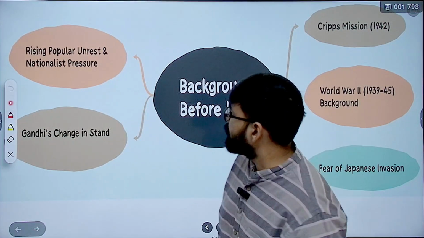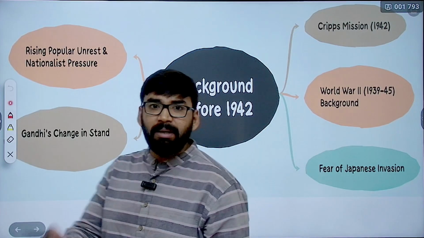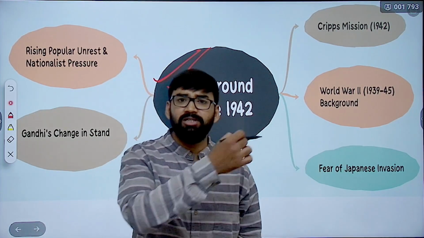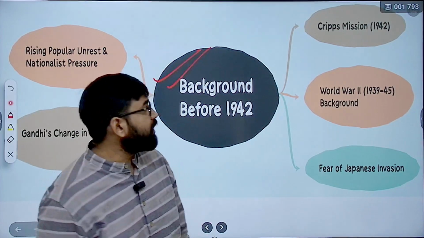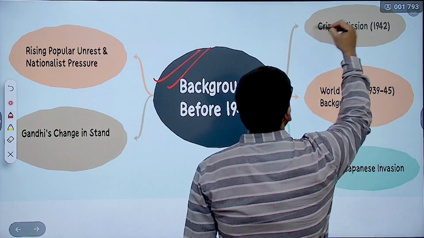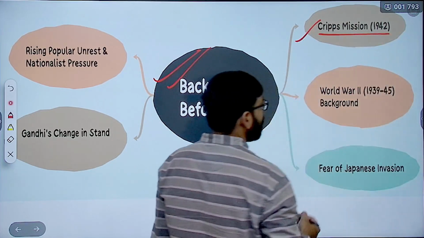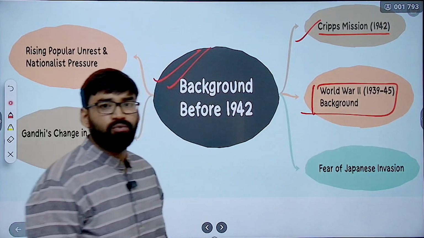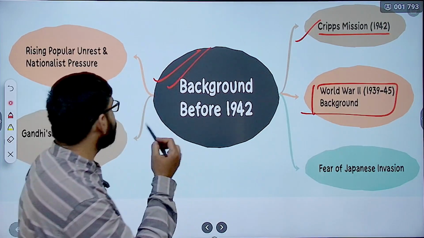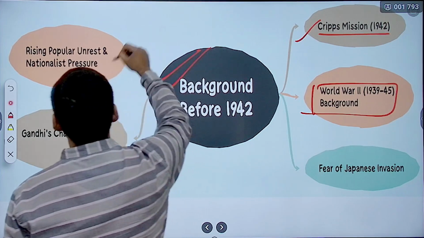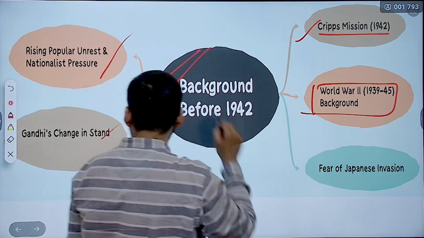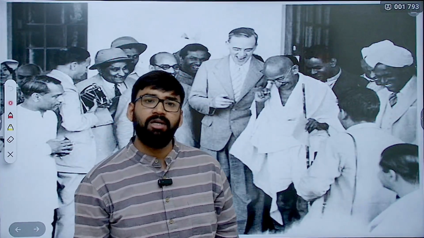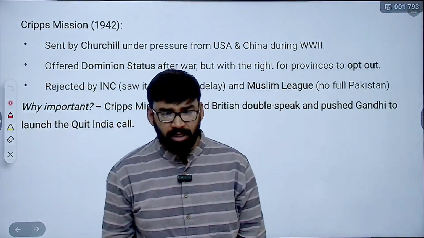Now, first important thing: what is the background before 1942? As you can see on your screen, the first important thing was the Cripps Mission, then the World War II background, which lasted from 1939 to 45, then fear of Japanese invasion, rising popular unrest and nationalist pressure, and Gandhi's change in stand. These are some important events. Now, first of all, the Cripps Mission